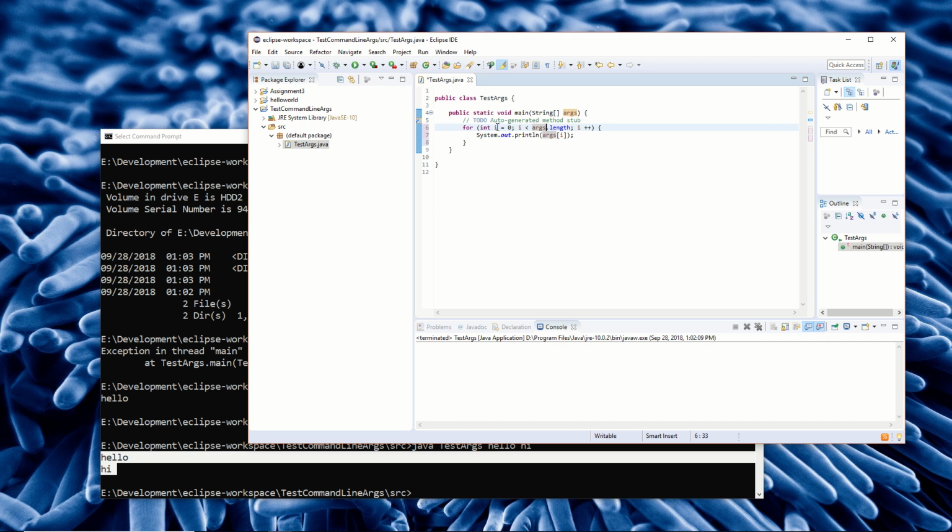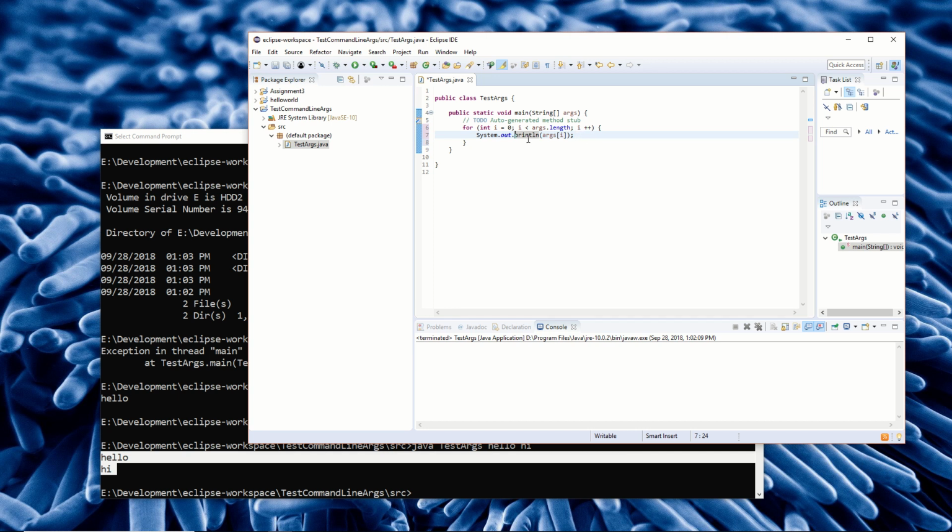So I will start off at 0, this loop will run until i is equal to the length of this args array, so it will run as long as i is less than the length of this array, and in each iteration i's value will increase by 1,